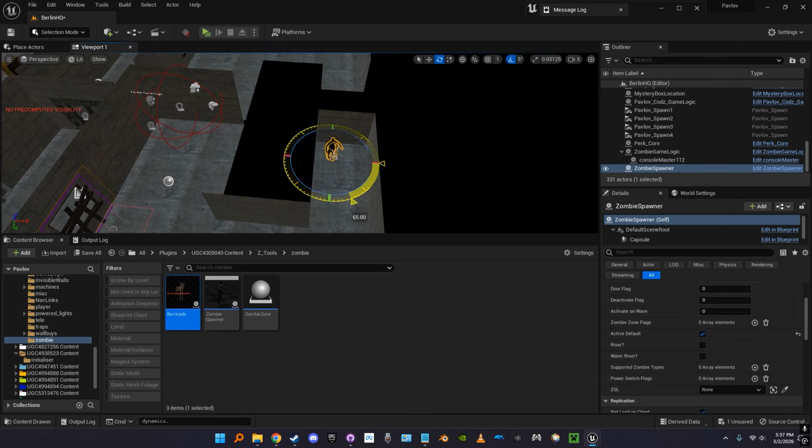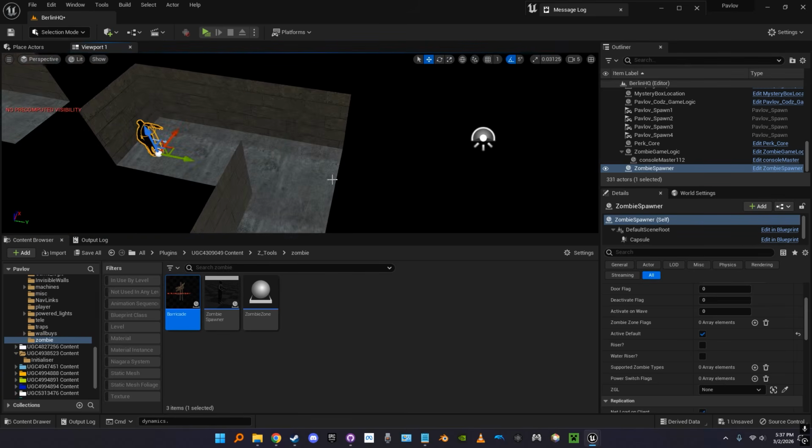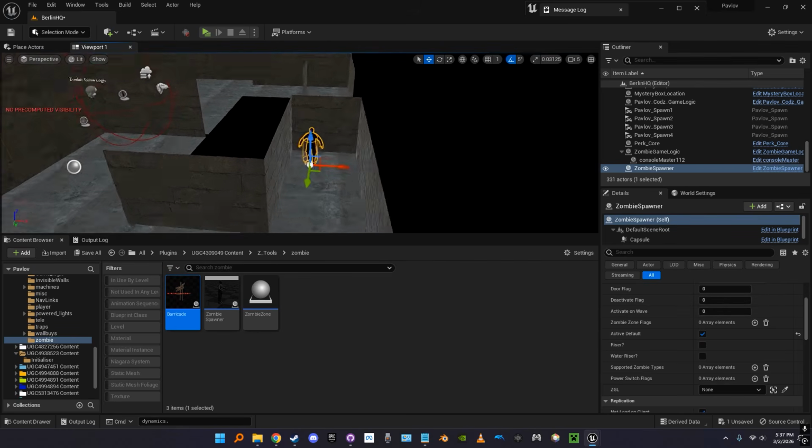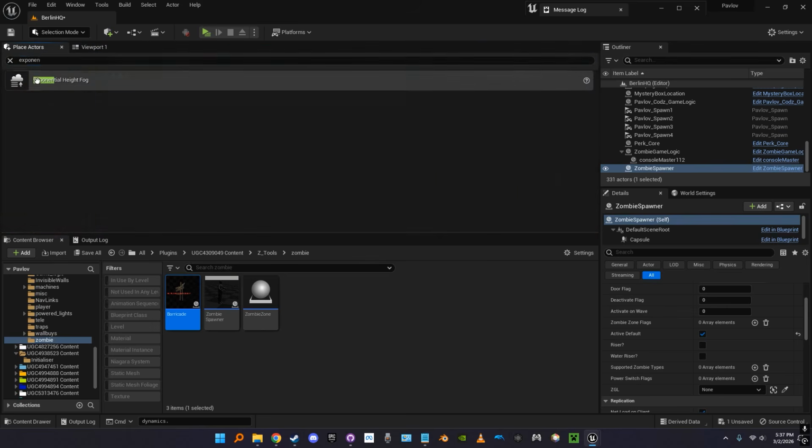Let's make them face this way, because OCD, I guess. That doesn't really matter that much. I mean, it kind of matters if you're going to see them spawn, but this is around a corner, so you're not. So I'm not going to make him a riser, because he is around a corner. And then you are going to want to